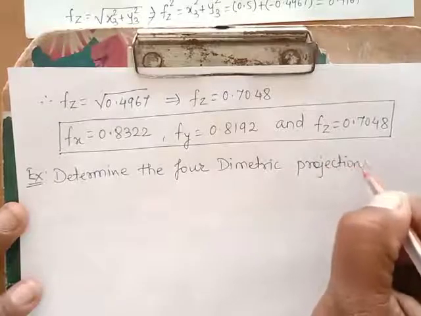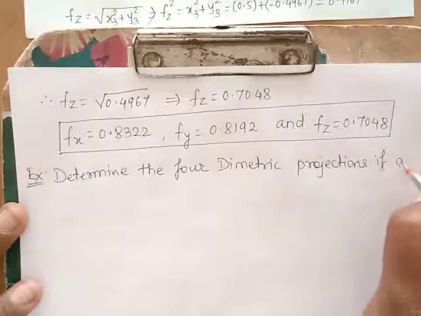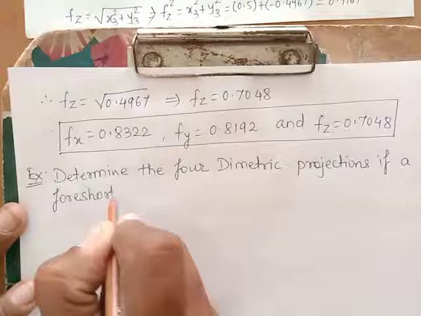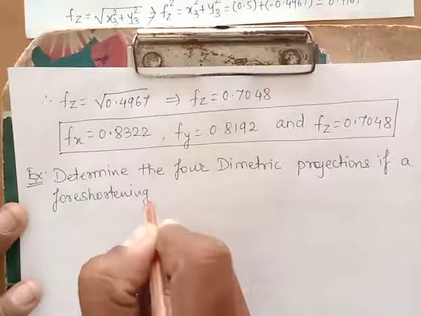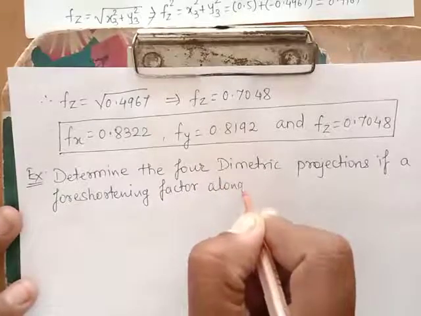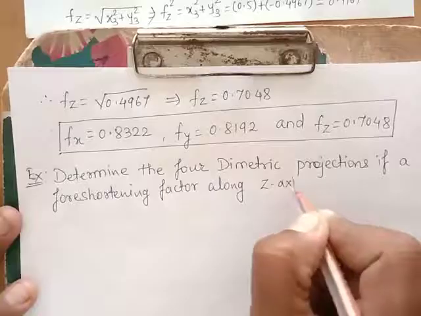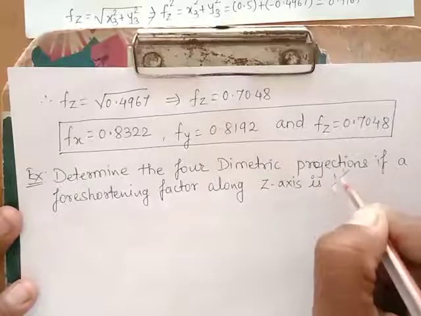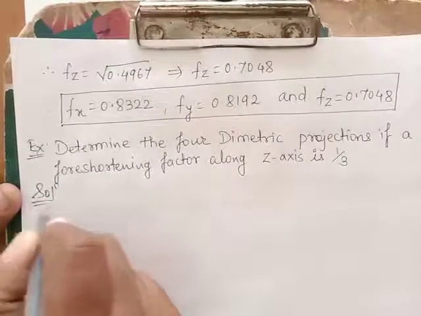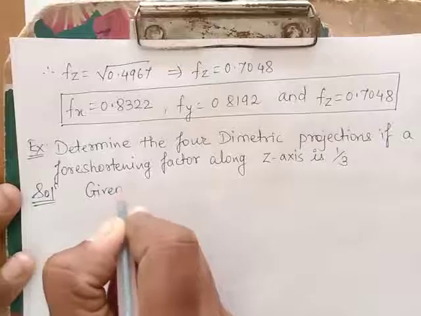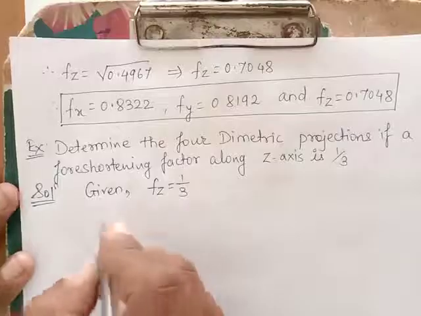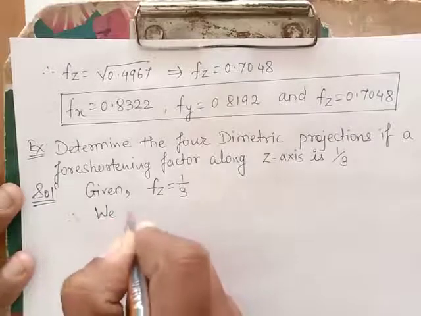Determine the four diametric projections if the foreshortening factor along z-axis is 1/3. Solution: given fz is equal to 1/3, therefore we have